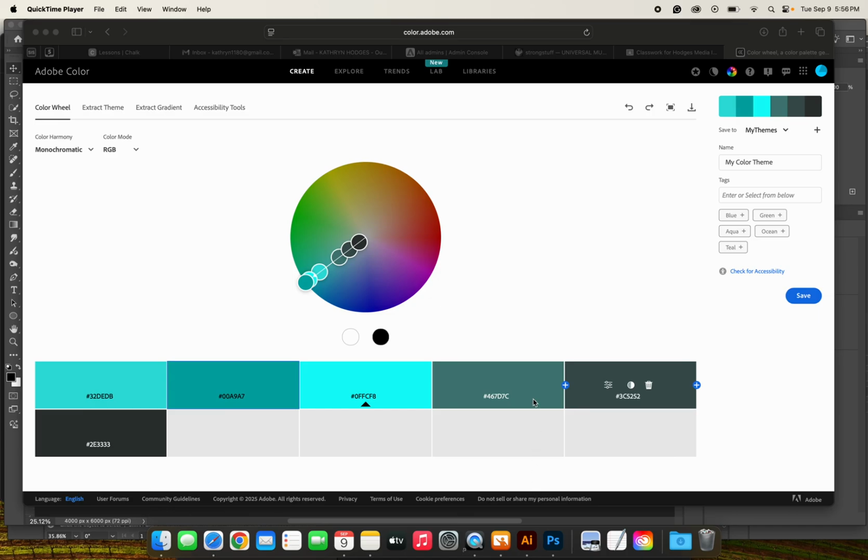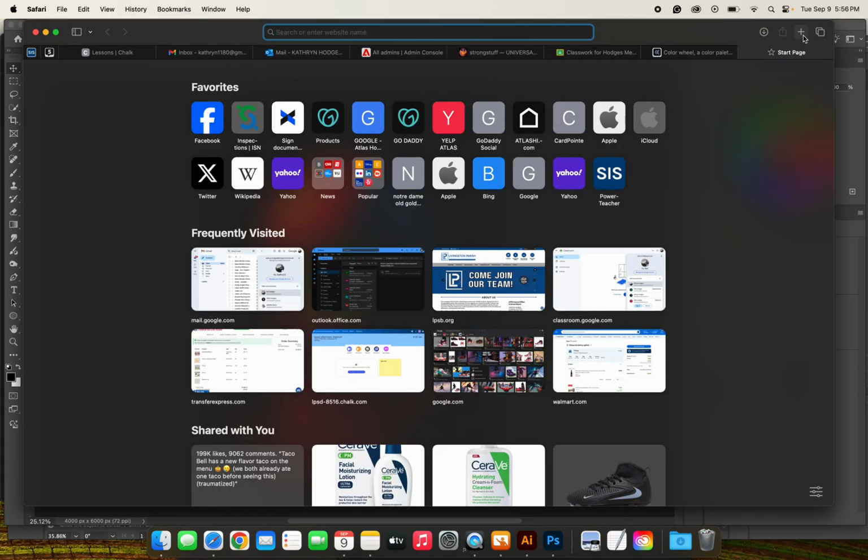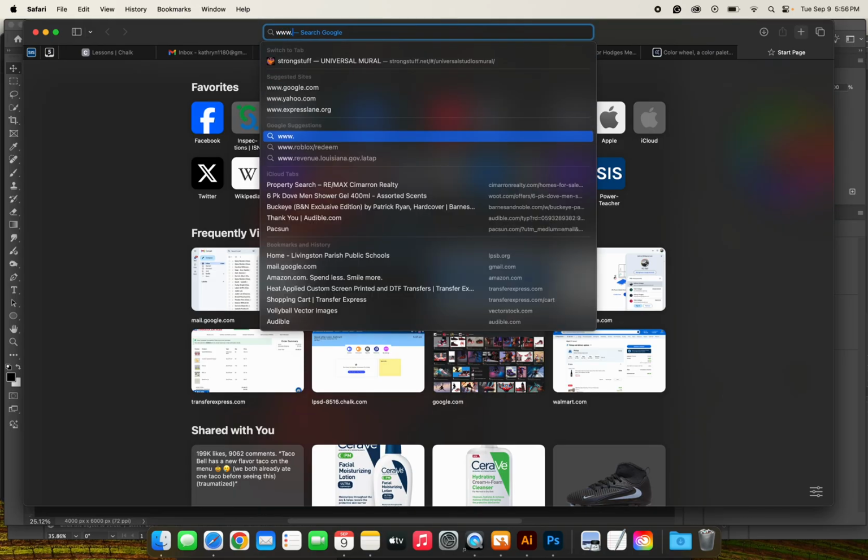Hey everyone, when you get into class and you open up your Mac, the first thing that I want you to do after you've gone into Google Classroom and you've started playing this is to click the plus sign. We're going to log into Content Keeper. You're going to go to